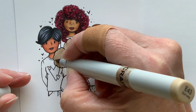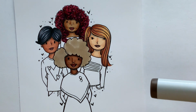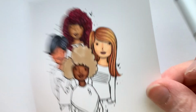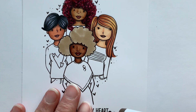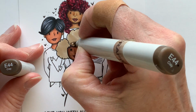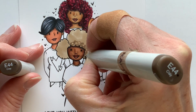Now, this is also going to be tight curl. So 2 options. You can do the squiggles again, or if you are more comfortable, you can do dots or a combination thereof. I'm going to do squiggles, but then I'm going to use some dotting at the end to add that next layer of texture and hopefully break it apart even a little more. So E44, we're going to go all the way kind of up through the E4s, and it's going to get